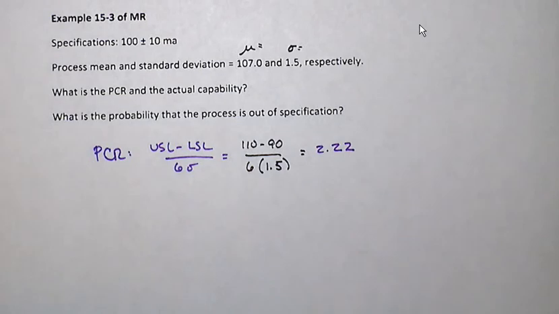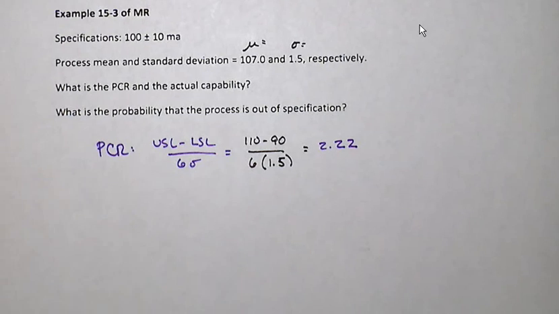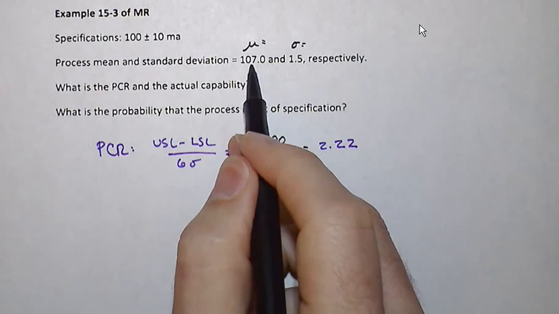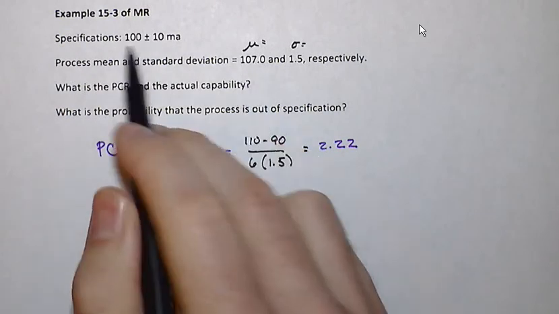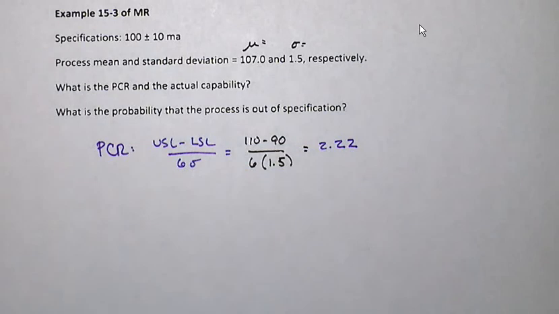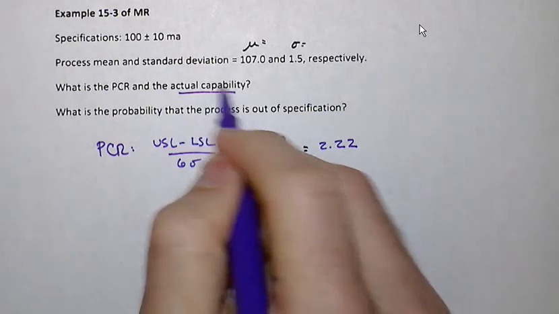20 divided by 9. And I'm going to do it on my calculator again real quick. You bet that really is right. Right, so that PCR is correct. Now, notice the mean is shifted over, right? The mean would be 100, and so the PCRK, the actual capability, that's what this really is,